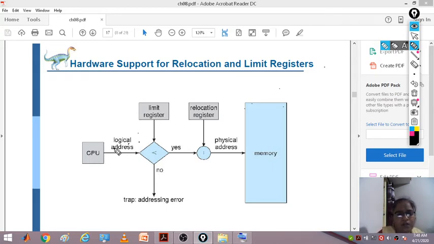This logical address is first checked to see whether the address you are generating is less than the limit register. The limit register defines the total length. If I have 10 instructions, the length will be 10, and the logical address should not be 11. If I consider addresses 0 to 9, then we take it as less than. If you take 1 to 10, it should be less than or equal to. Assume here we are taking from 0, so that will be our logical address.